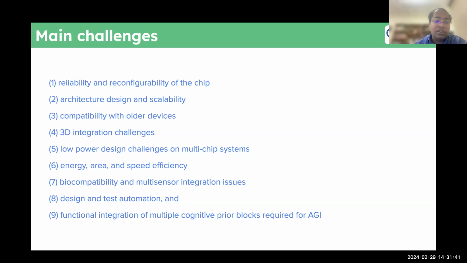Biocompatibility and multi-sensor integration issues are something that we increasingly see as important if you want to integrate that into sensors. And many of these sensors might go into bio applications, on-body sensing, and many others. So we have to be mindful of those constraints that are going to be there in terms of EMI, EMC, and the way you build the chips. All this processing to be done next to the sensor has to be compatible with all those standards.